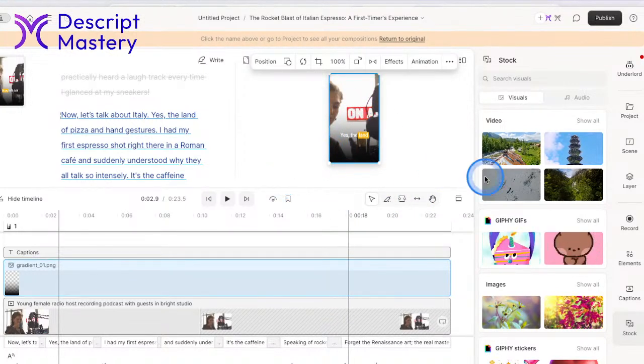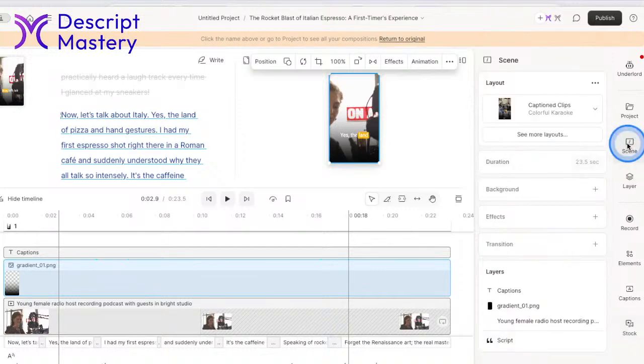What's happening is, if I click on scene, down here in the layers, you see that I have my gradient layer. These are in order from top to bottom. So my captions are showing above everything else. Behind that is my gradient layer, which has the black gradient at the bottom, and it fades up to no darkness at the top. And then the video is underneath. So when I'm trying to slide it around, I'm actually grabbing the layer above it, which is the gradient layer.